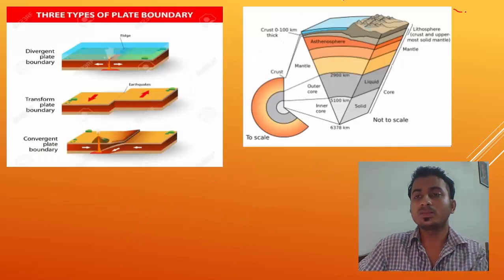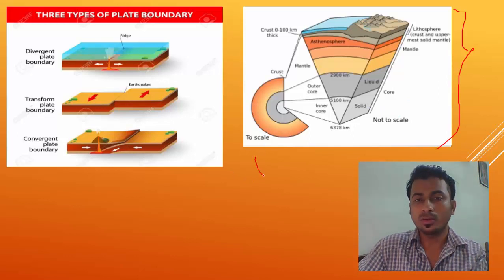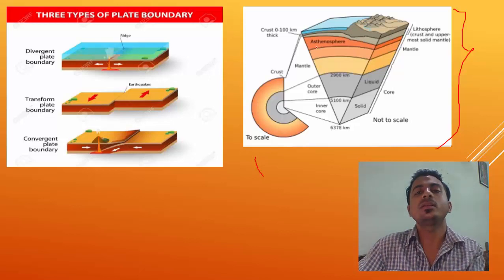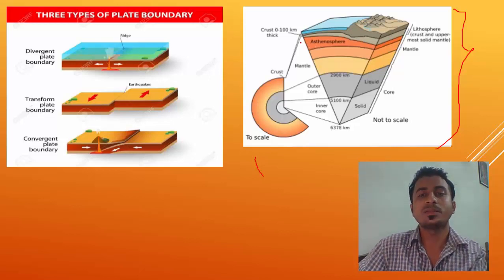See, these are the layers of earth. Okay. You know crust, mantle, core. Okay. But there are many other layers also which you will study in your higher classes. So you must have a brief idea. See, we have got asthenosphere. You must remember this. So asthenosphere is brittle. Brittle means it is molten.